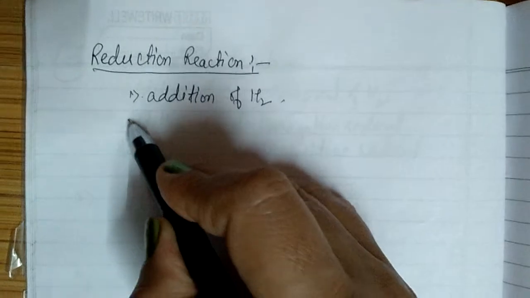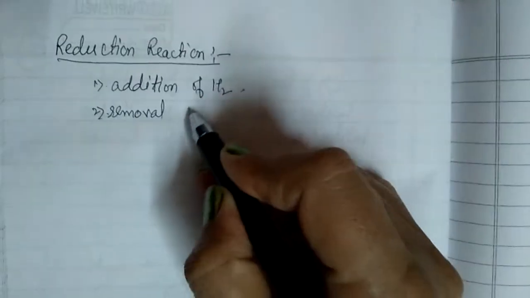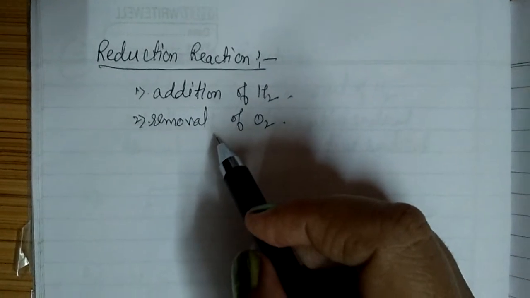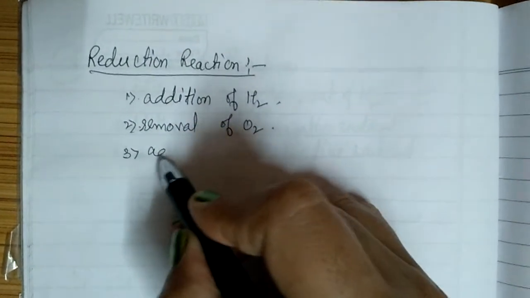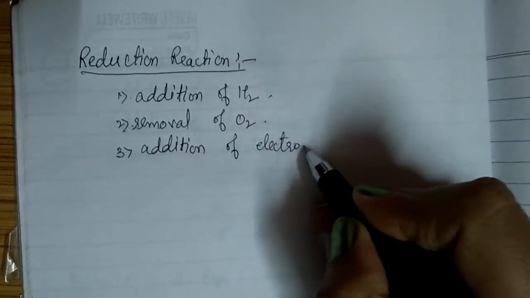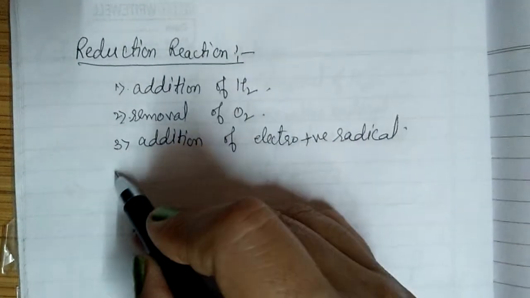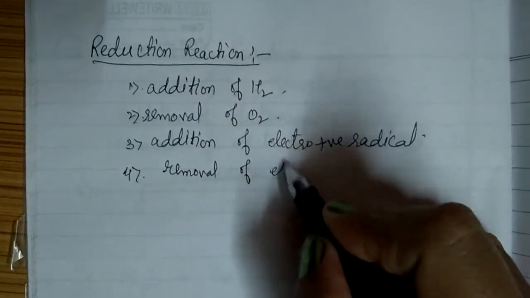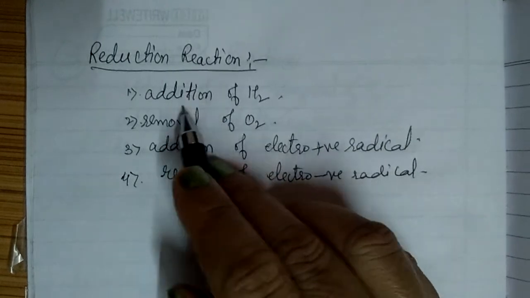ठीक है, कभी कभी क्या होता है कि if the hydrogen is not being added then oxygen gets removed. तो रिमूवल ऑफ ऑक्सीजन अगर होगी वहाँ पर रिएक्शन में, again we say that it is a reduction reaction. ठीक है, या हम देखते हैं इसमें एडिशन, ये रिवर्स है ऑक्सीडेशन रिएक्शन का. हम देखते हैं एडिशन ऑफ इलेक्ट्रो पॉजिटिव रेडिकल. ओके, ये कंडीशन भी हो सकती है. या हम देखते हैं 4th कंडीशन क्या होगी, रिमूवल ऑफ इलेक्ट्रो नेगेटिव रेडिकल. ओके, so let us move with the first one factor, that is the addition of the